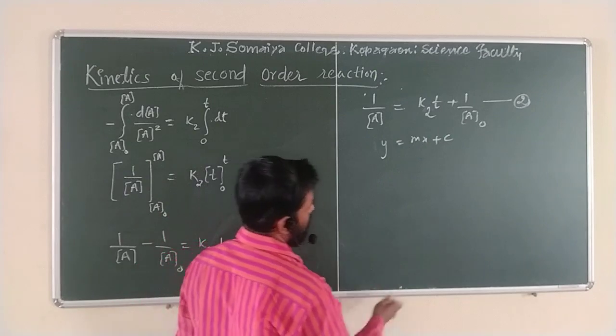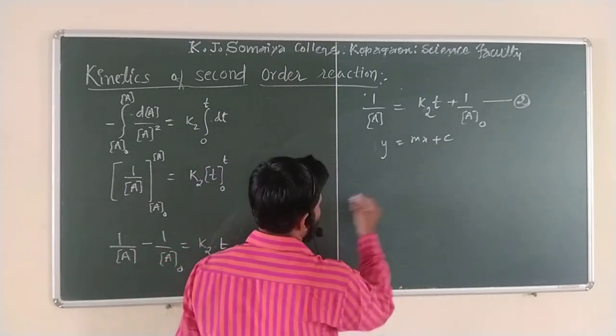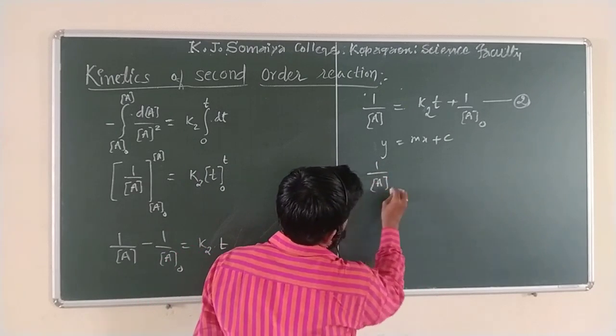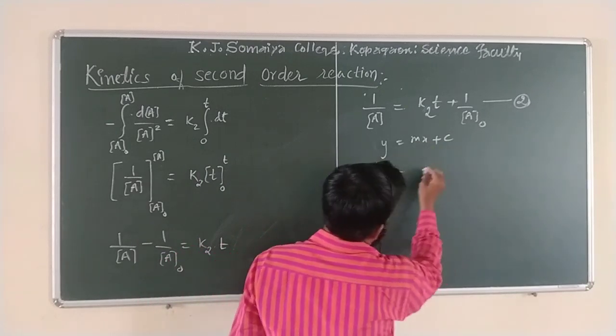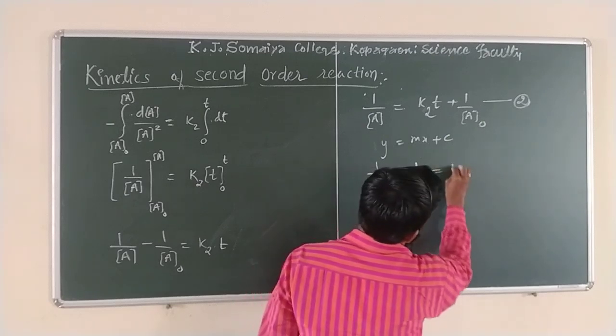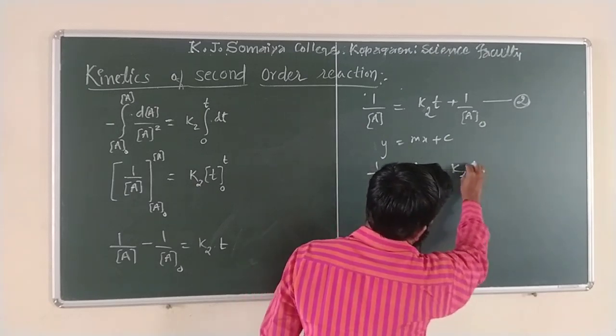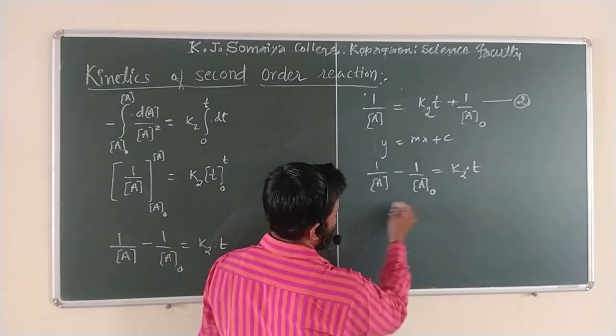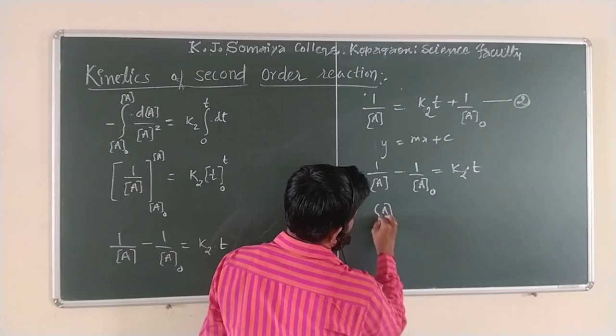So this can be rearranged now. Now we have this equation. Likewise I will write again 1 upon A0 and 1 upon A as it is, because what we have to do is find the rate constant K2 from K2 t. So we have to find K2, no? We have to find the rate constant. Now simplify this one. What will you get? Take the simple LCM.